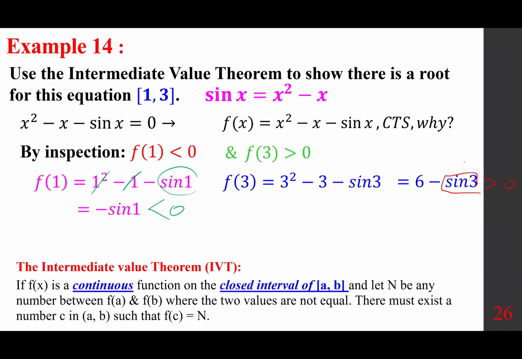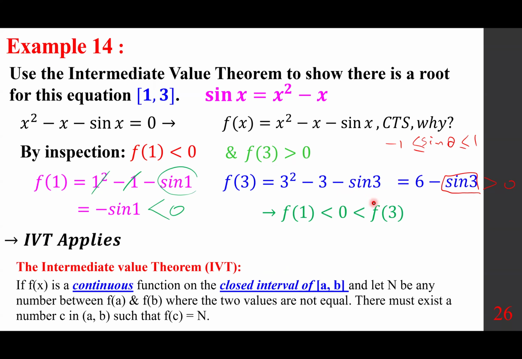Because sine of theta is between -1 and 1, worst case scenario, this becomes 1, and 6 minus 1 is 5. So f of 1 is negative, f of 3 is positive, 0 is a number between the two, so IVT applies,